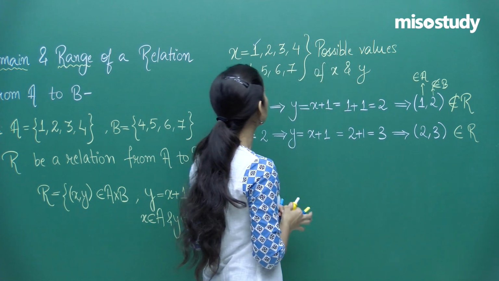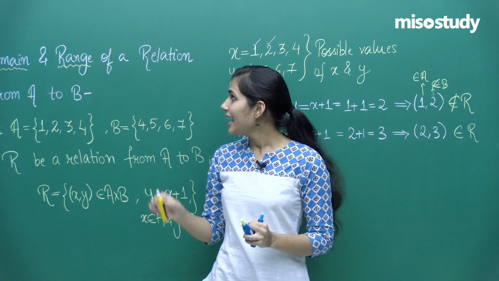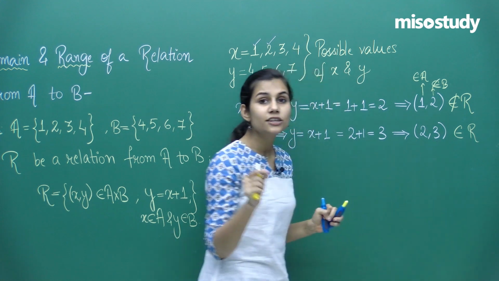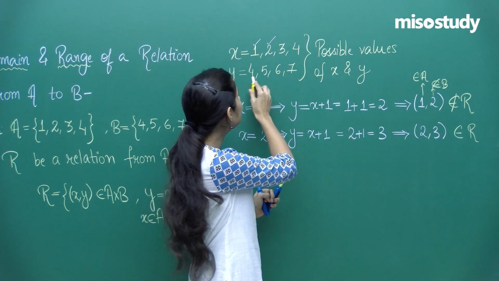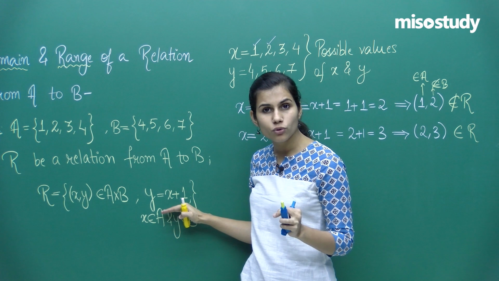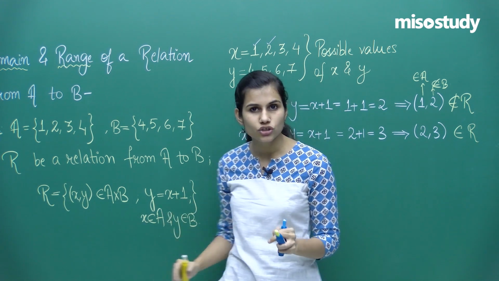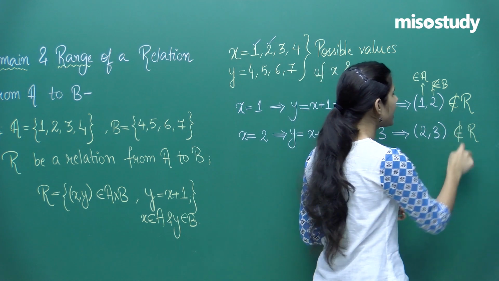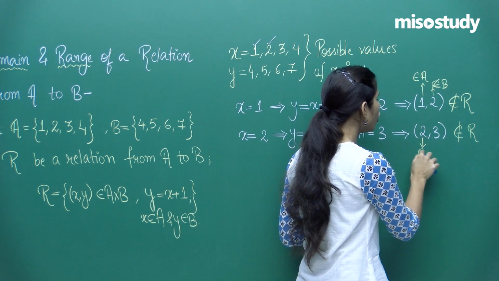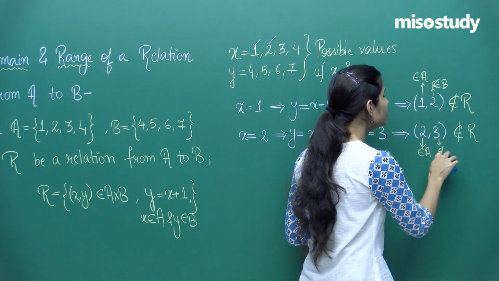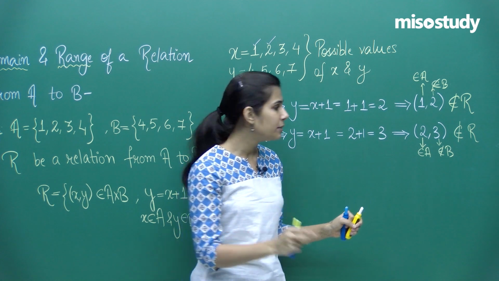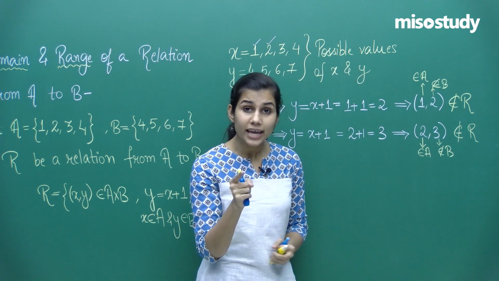Yes, 2 is very much coming from the set A because A has a 2 inside it, if you see. But the second element, which is 3, is not coming from B because B doesn't have a 3. That is why yes, 2, 3 is satisfying the rule, but it doesn't satisfy the latter condition, because of which this particular claim is not correct. And 2, 3, even if 2 is a member belonging to the set A, because 3 is not belonging to B, it is 3, which is the small y's part, which is creating a problem, and therefore 2, 3 is not a member of A cross B even.